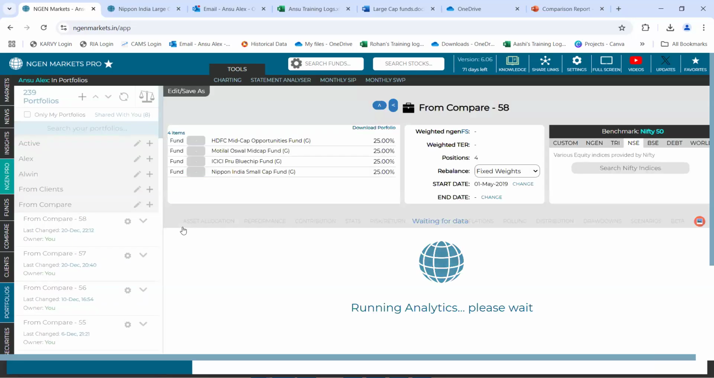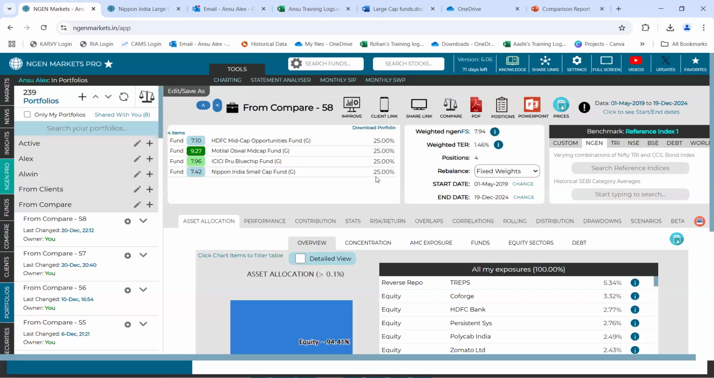Now, bear in mind that the allocation will currently, by default, be set to equal. So there's 4 funds, so 25 each. But if you want to do some more customization here based on how the funds are doing, what you